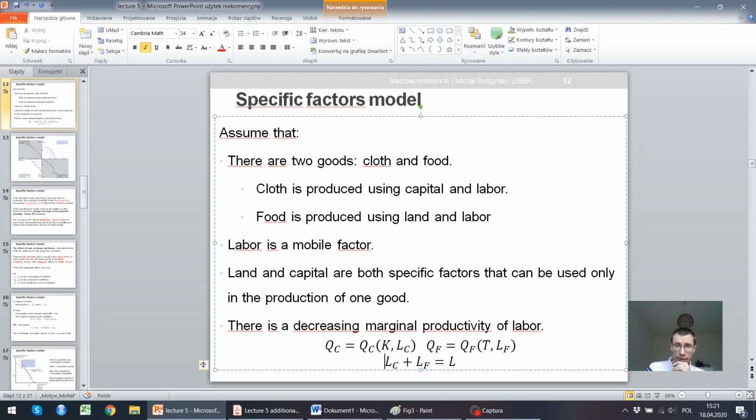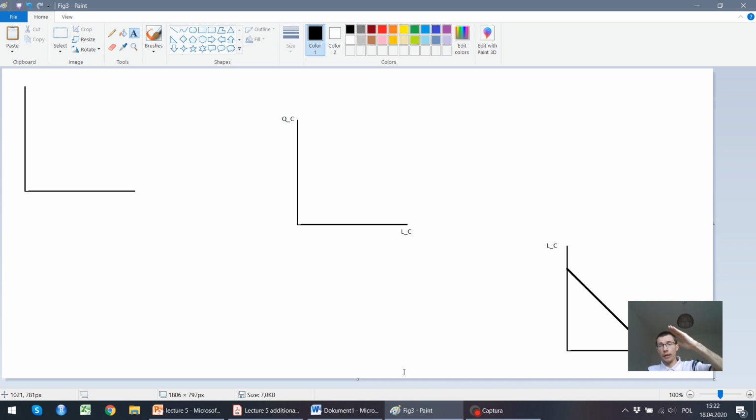So now we are going to plot the first function here. What we know is that Q, of course, is an increasing function of L, but since there are decreasing marginal productivities of labor, this increase is going to be lower as long as we go further with employing labor, which means that the production function of labor is going to be a strictly concave line, something like this. All right, this means that there are decreasing marginal productivities of labor in this sector. Okay, hope that everyone agrees what's happening here. So we have the production function